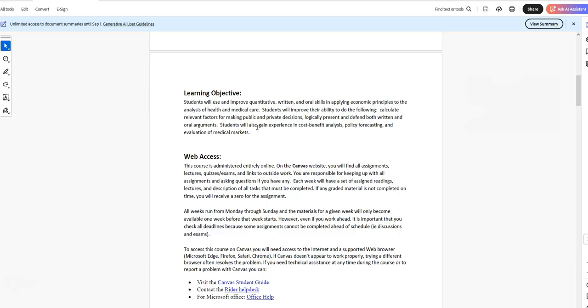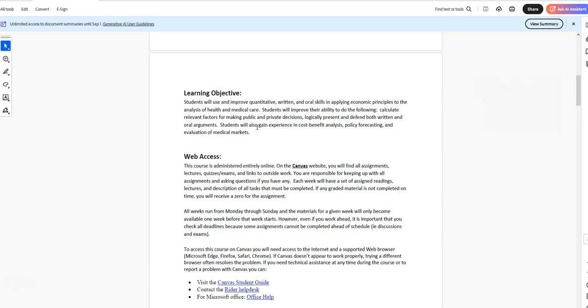Each week runs from Monday through Sunday, with the exception of the first week, which runs from Wednesday to Sunday. But within that week, you have a list of readings, lectures to view, and assignments to complete. And it is up to you to make sure you are keeping up on all of these assignments because there are no makeups.